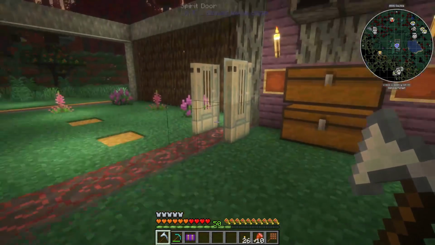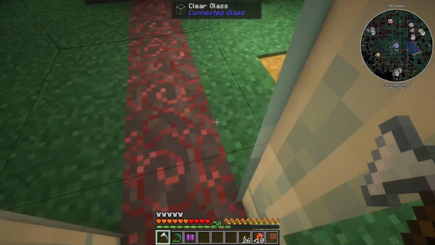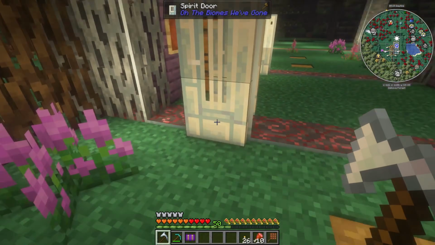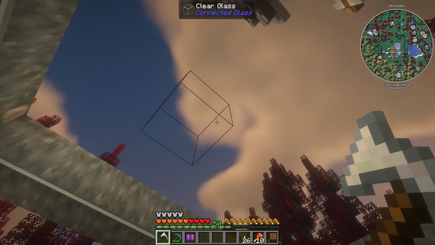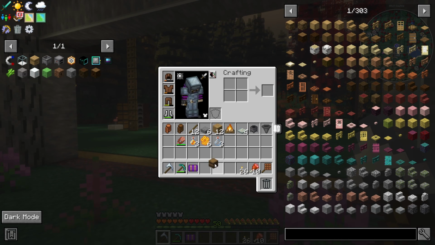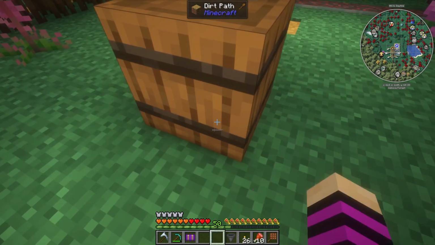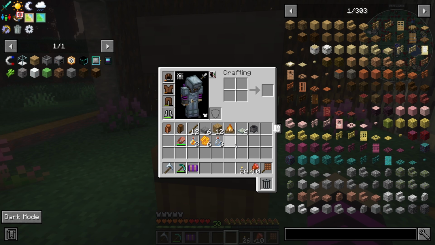All right, so let's go ahead and we will pick room number 2. I went ahead and I made double doors so that we can lock ourselves in and switch between rooms without any of these sneaky bees running away from us. It's all clear glass from connected glass. And what we're gonna do first is let's go ahead and put down our barrel and our hopper. So we'll put the barrel down here, the hopper on top,